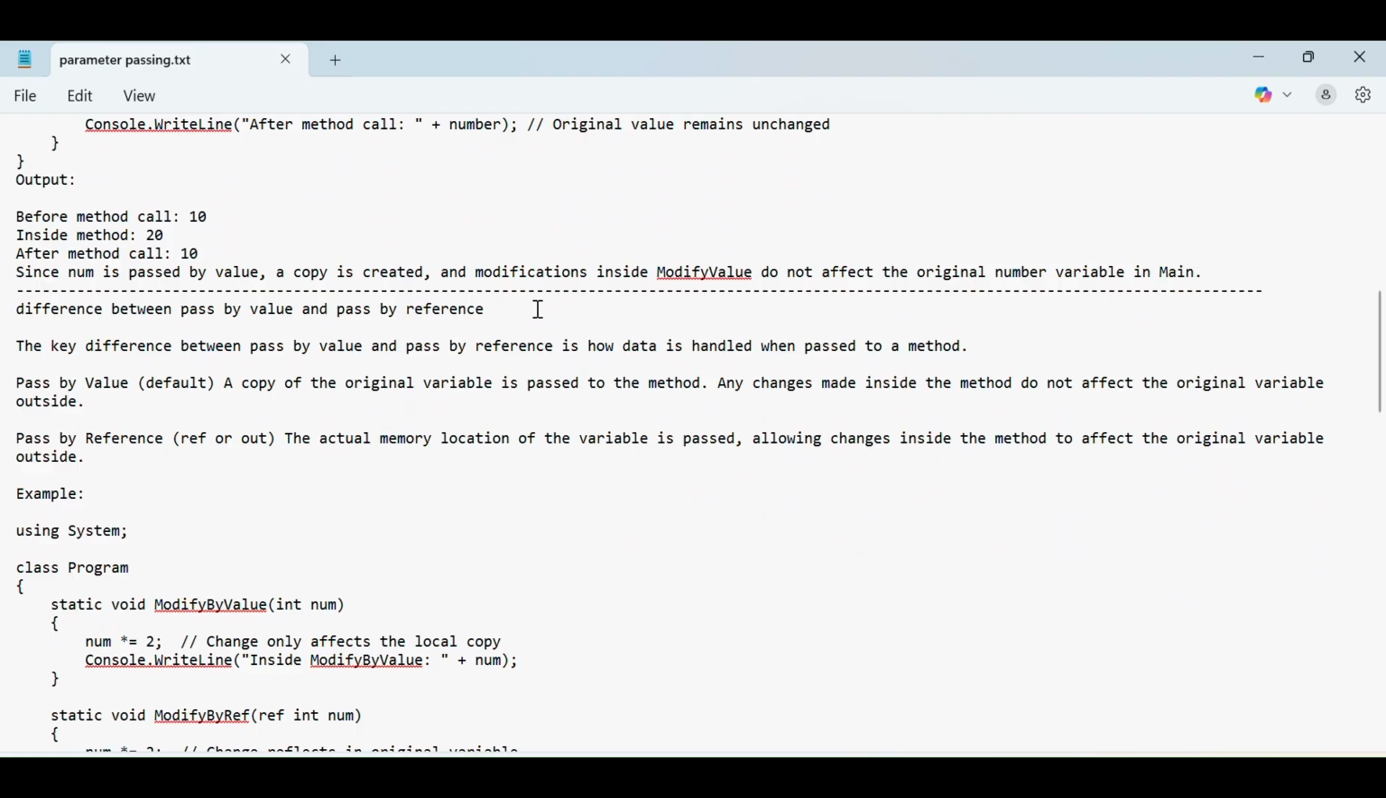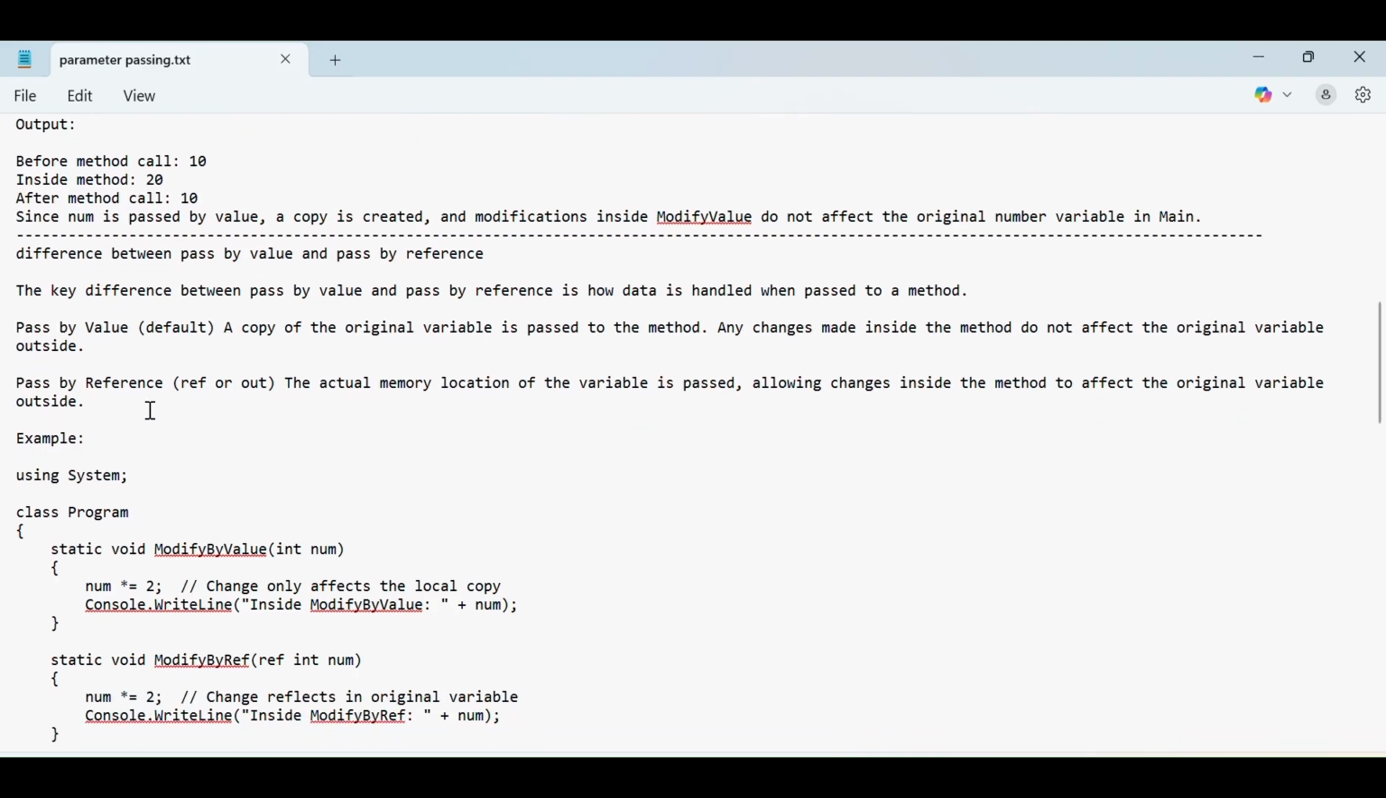Difference between pass by value and pass by reference. The key difference between pass by value and pass by reference is how data is handled when passed to a method. Pass by value we have already discussed: a copy of the original data is passed and no changes affect the original data. Only the value inside the method will be changed. Pass by reference is different. The actual memory location